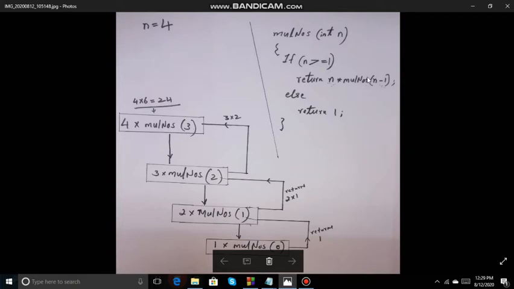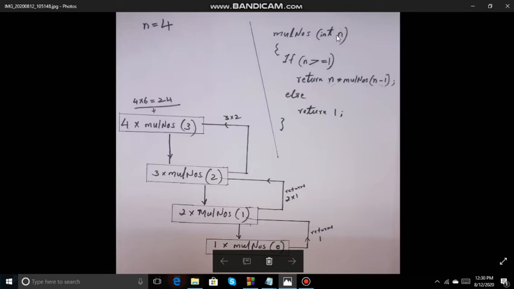So here what happens is, you are passing an integer n, that is 4, into this function. If the value of n is greater than or equal to 1, that means 4 is greater than or equal to 1. Yes, that condition is satisfied. It will return n into MULNOS, which is the name of the function. It will return n into MULNOS of 4 minus 1, 3. That means it will call the same function again with 3 as the parameter.